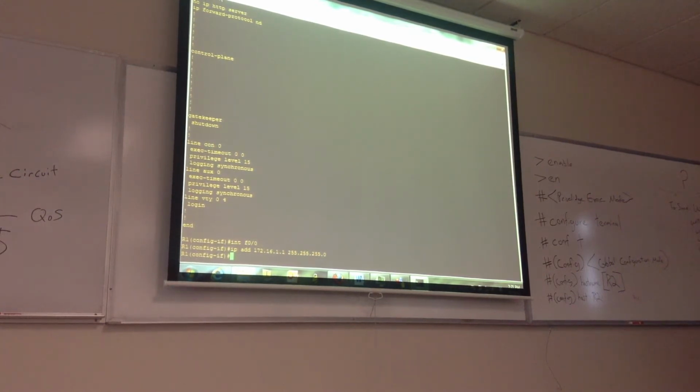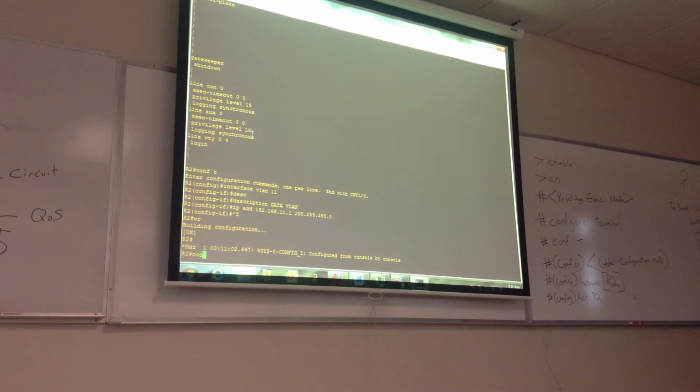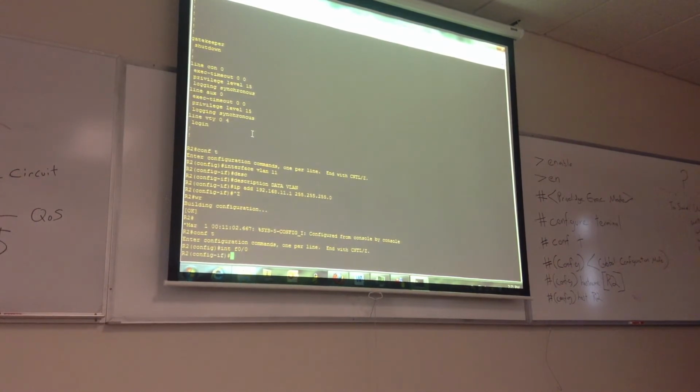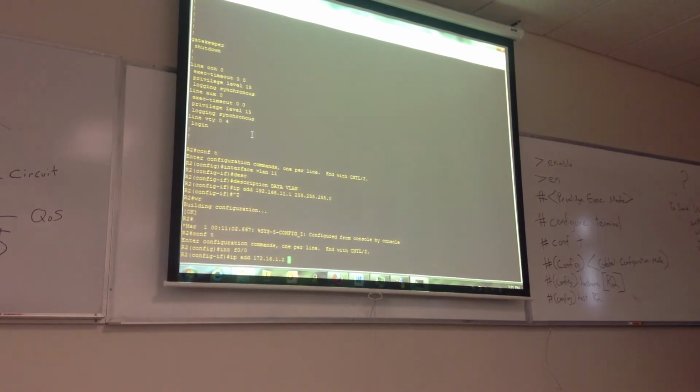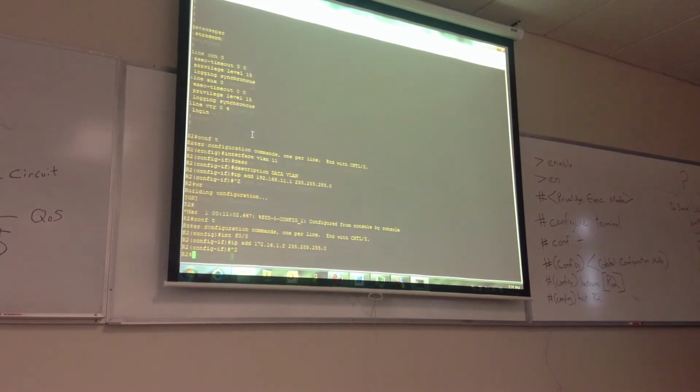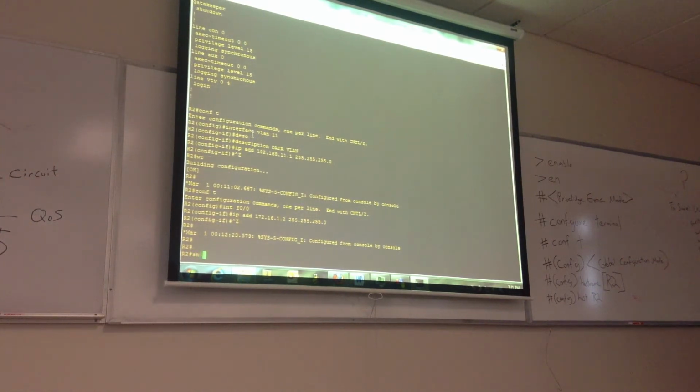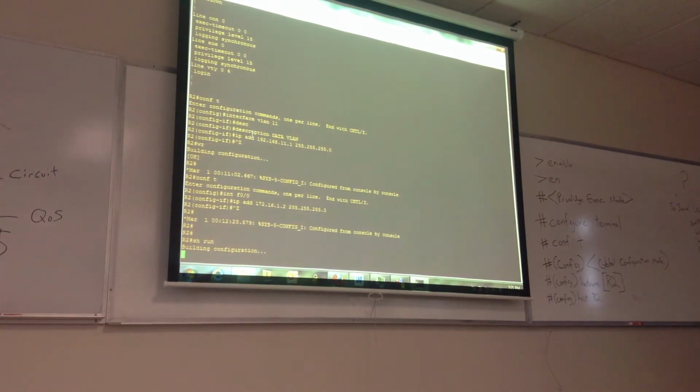and then on R2, I do the same thing, interface F0/0, IP add 172.16.1.2 this time. Mask. Now, if I do show run and look at R2,